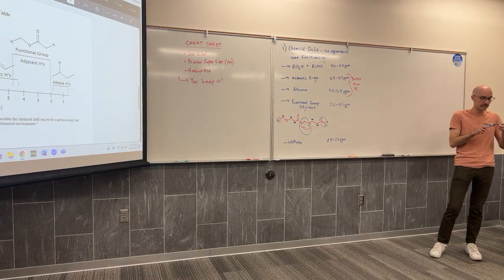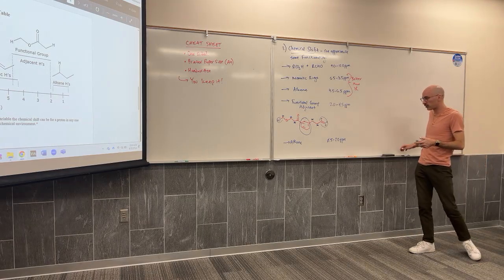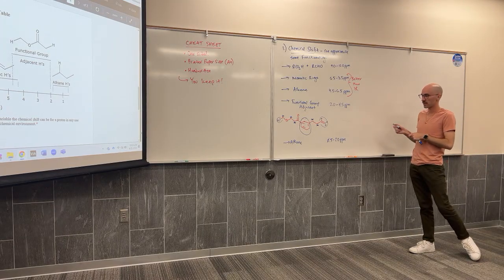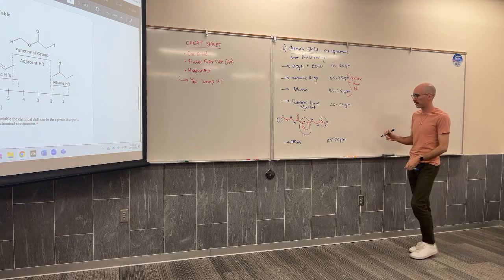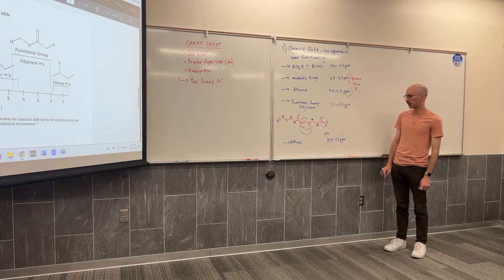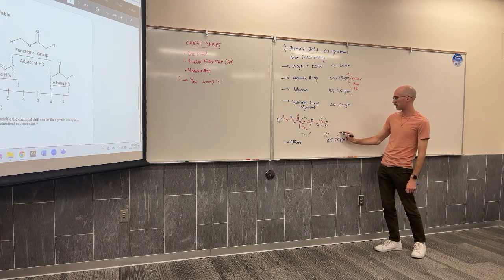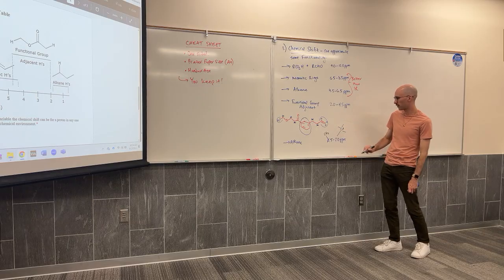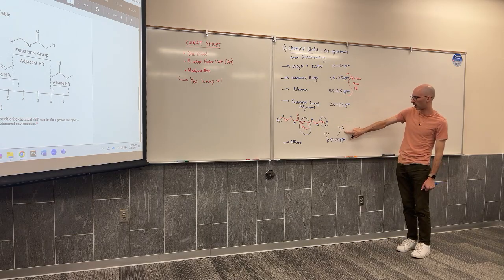And again, the shielding and de-shielding makes quite a bit of sense. Hydrogens that are part of a CH3 group show up closer to 0.5, and hydrogens that are part of a CH group bonded to a bunch of other things